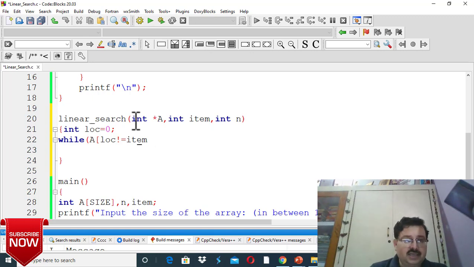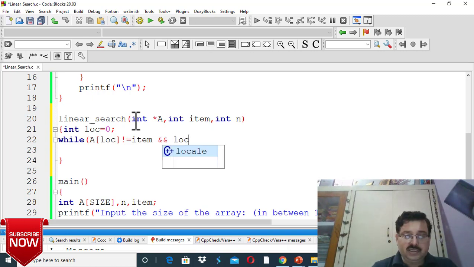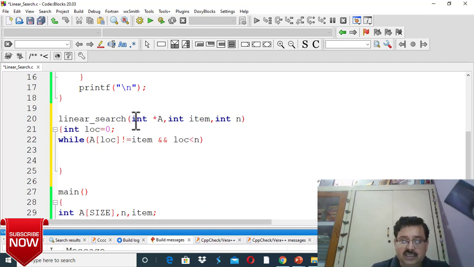While a[loc] is not equal to item and loc is less than n, then execute this code. loc is equal to loc plus 1. So we will increment loc only. Otherwise,